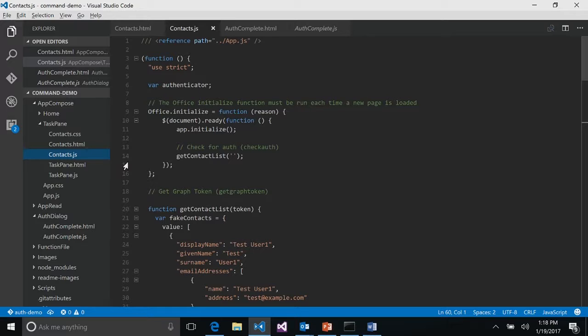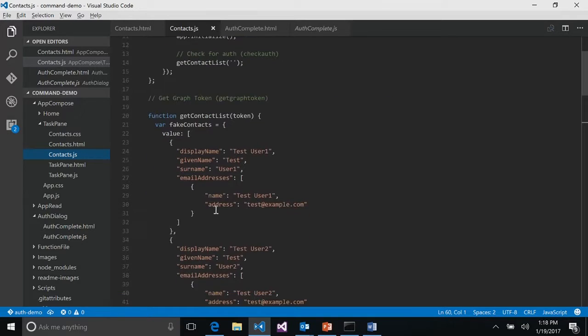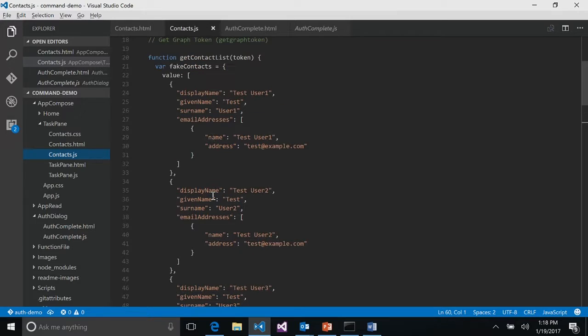So right now I'm just calling this get contact list, and you can see I've got this faked-up JSON to give a fake Graph response. This is what we would get back from the Graph. It would look something very similar to this. And then the rest of the code just parses that out and builds the UI. So we want to remove all this and actually pull live data.